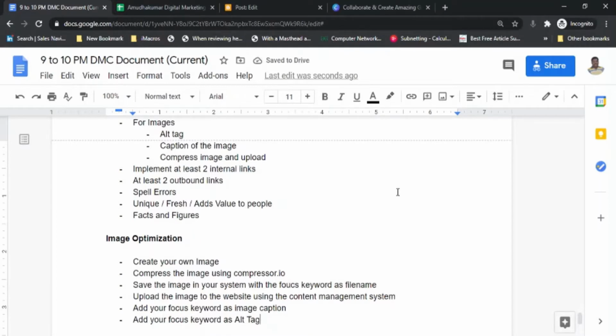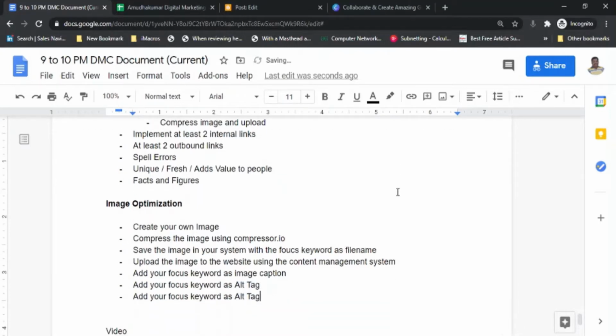So these are two different places where we need to add it. You have to add it as an image caption, add your focus keyword as alternative tag, and add your focus keyword as image title. These are the three things that we are expected to do. Once this is done, the image optimization is complete.